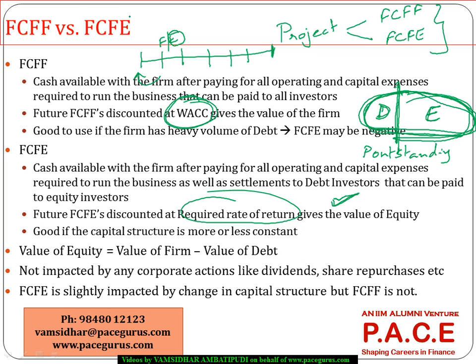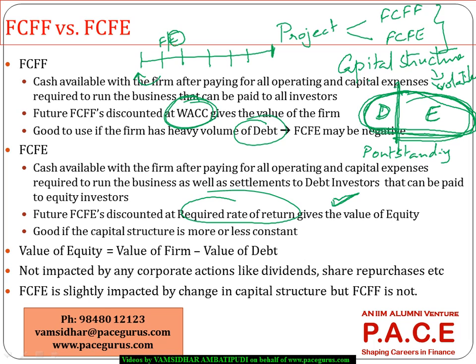So especially it is very good to have, if the company is having very huge volumes of debt, or the capital structure of the firm is more or less volatile, it's not constant. If the capital structure keeps changing year over year, and if the debt composition is significantly higher, it is better to use FCFF based model rather than FCFE based model, because there is a possibility that if the company is having heavy debt,